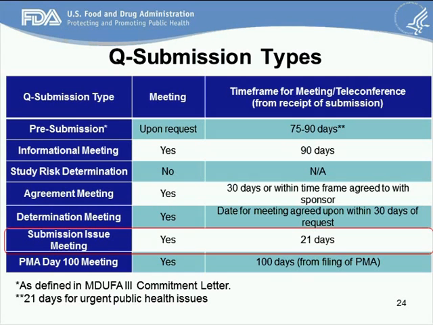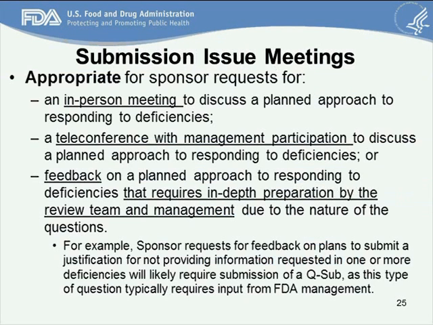Next, we have submission issue meetings, and we'll spend a little bit more time on these. We had a lot of comments to the docket on submission issue meetings. We've had a lot of questions outside of that, internally and externally, regarding when a submission issue meeting is appropriate and inappropriate. So we've added a lot of information to the guidance to provide additional clarification here. These types of meetings are appropriate for sponsor requests for an in-person meeting to discuss a planned approach to responding